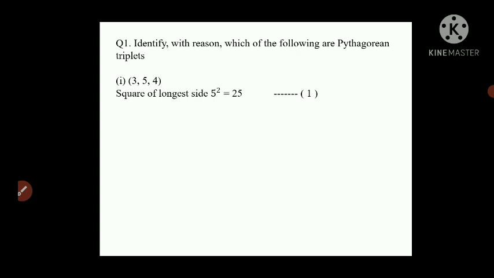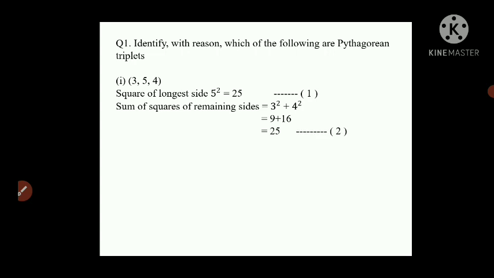Now remaining two sides are 3 and 4. So we will square that 3 and 4 and then we'll add it. So see what I will write here. Sum of squares of remaining sides. So 3 and 4 were the remaining sides. So 3 square plus 4 square. We know 3 square is 9 and 4 square is 16. So 9 plus 16 will be 25, which is my statement number 2.